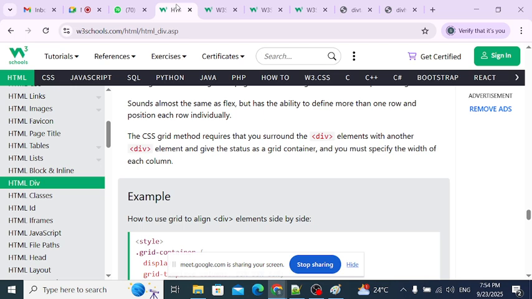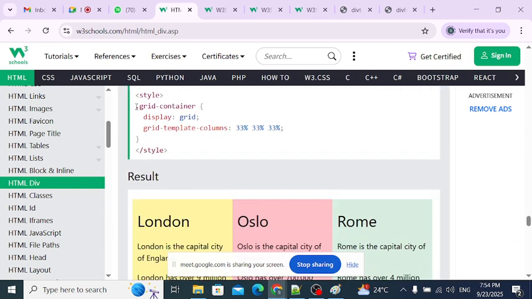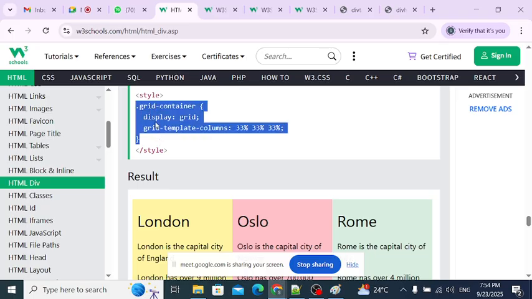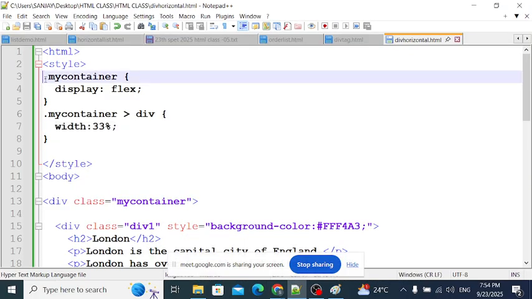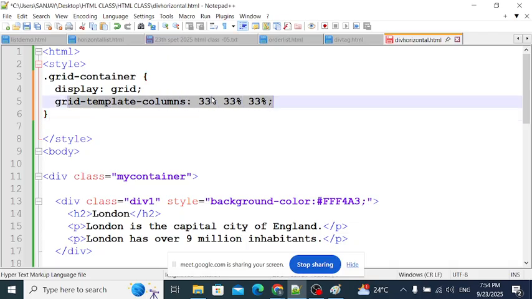So now next is a grid. So even you can use a grid here. It also you will get in the form of horizontal only. That is grid container, display grid. We have to use the display property as grid. So display inline block and display flex, display grid. Okay, so grid template, all three divisions should be 33% like that. So save it, and